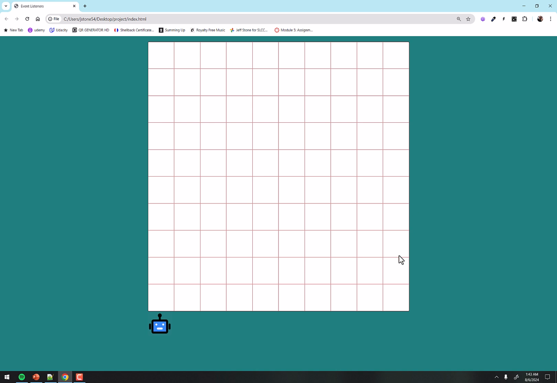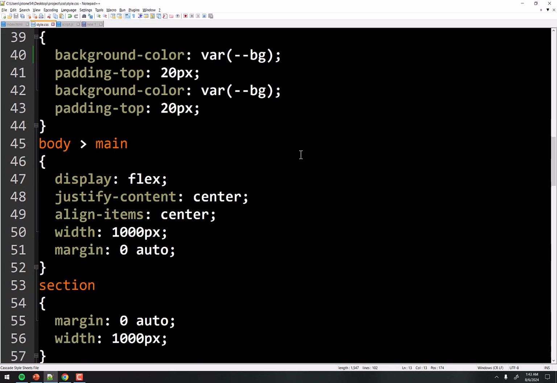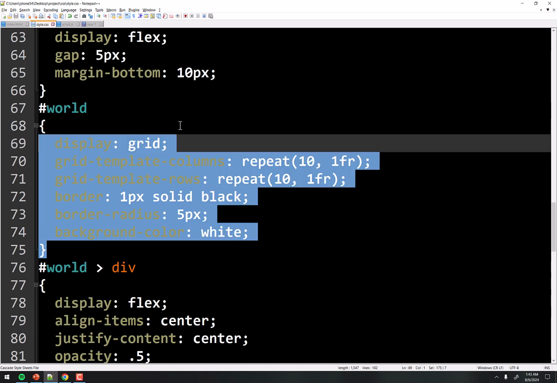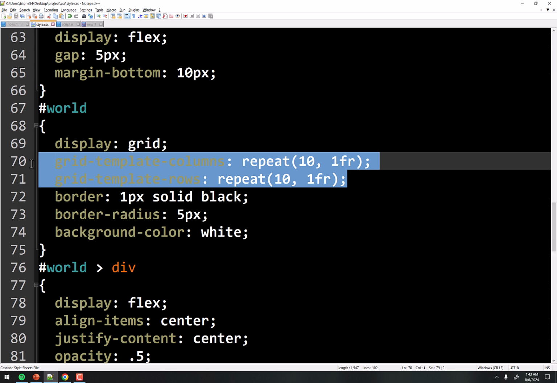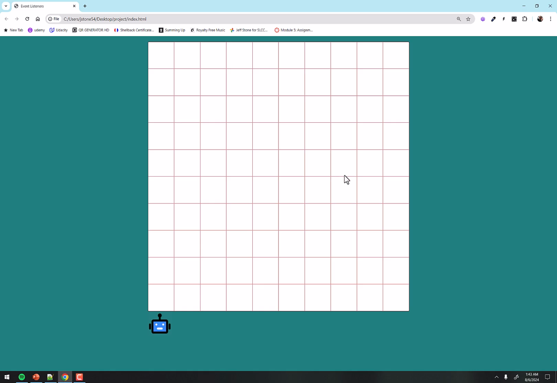Now, why is it laid out like that? Because in the CSS, I used CSS grid, right? Just real quick, I'll show you that. I'm not going to bother going through the code, but the divs down here in the world is display grid, and I used this right here to get a 10 by 10 grid. That's from the previous class, 1430. You should be somewhat familiar with that. Okay, but now we've got a grid here, right?